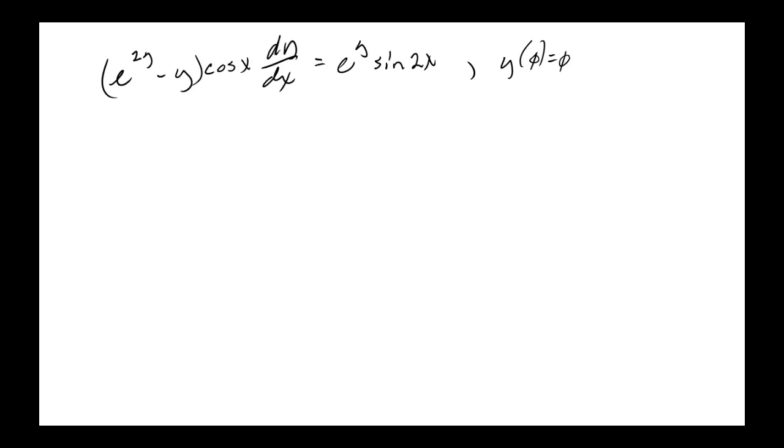So what we do is divide both sides. Well, we got y's here and y's there, so what we're going to do is divide this side by cosine x and this side by cosine x. Divide this side by e to the y, and you'll be dividing this by e to the y. Okay? These go out, and then we'll write it in differential form. And what you have is e